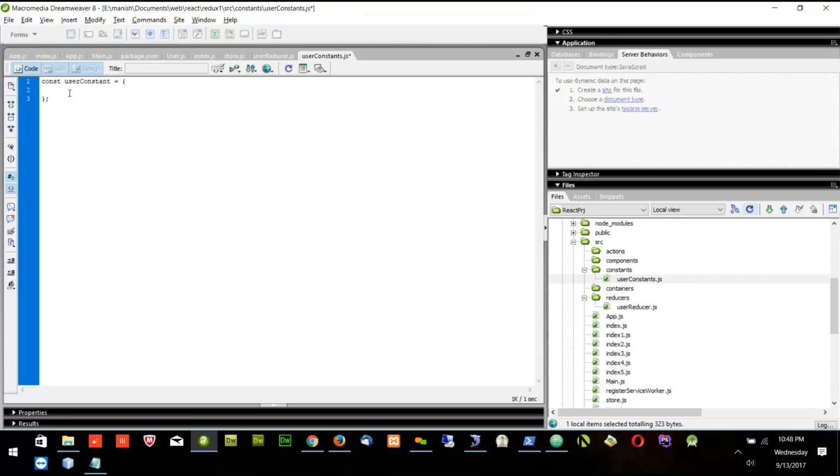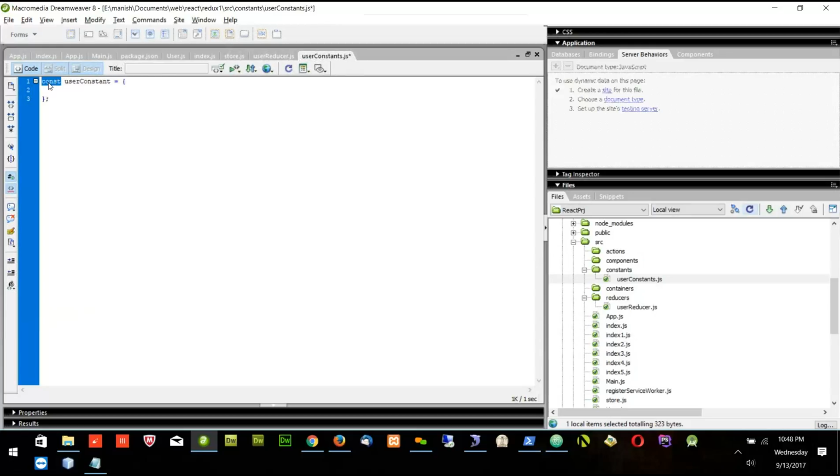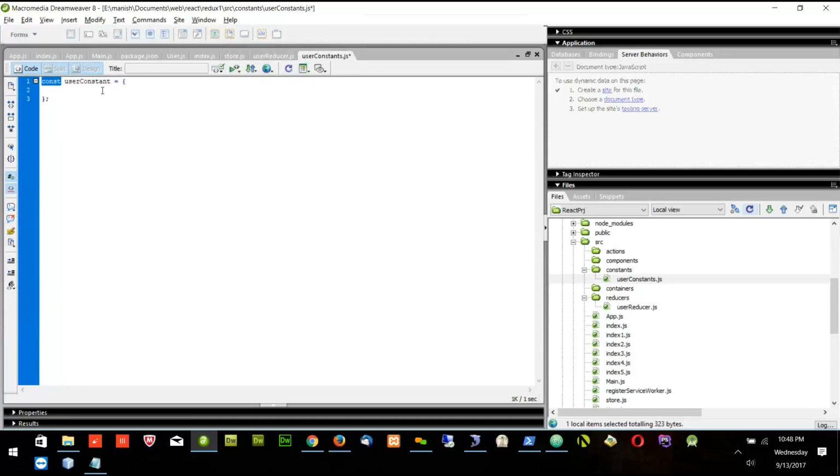Right. So here I will define some constant values. You can use let as well. Yes, you can use let as well. But if it is only created once, it is better to use const. If it is used multiple times and updated multiple times, then you can use let. But let has the problem that it works only within the particular curly bracket, and this constant may be used at many places. So let may give an error in sub pages. So it is better to use const or var